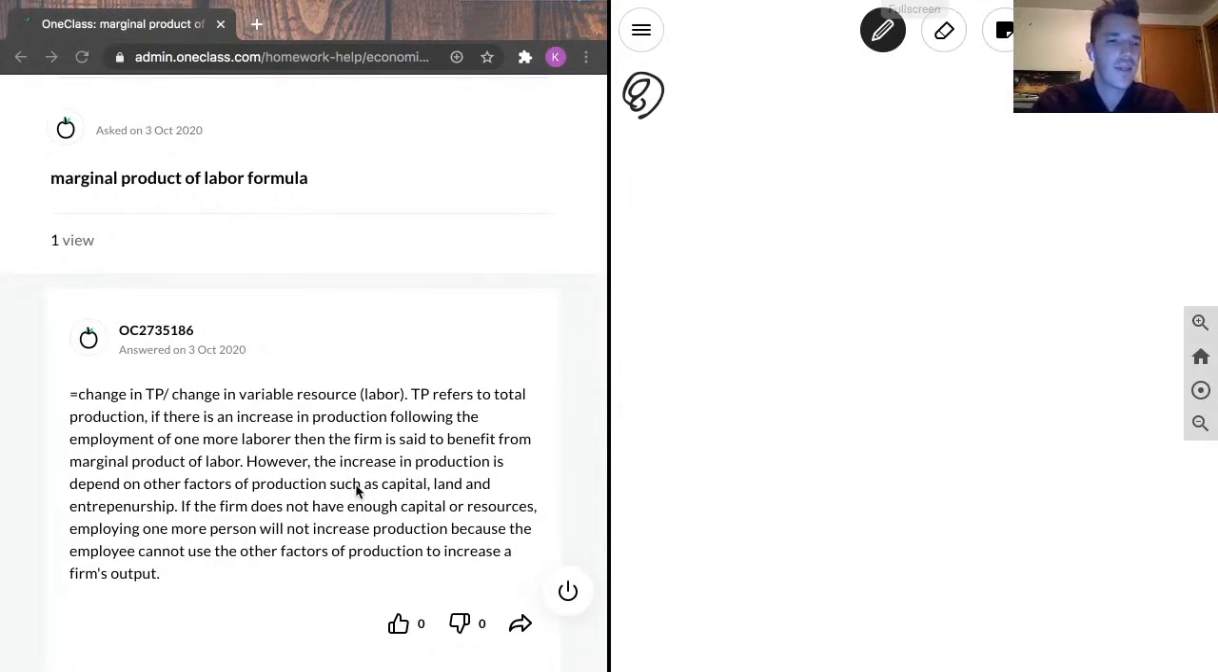here we've got our junior tutors written as the change in TP over the change in variable resource, which is labor. TP refers to total production. If there's an increase in production following the employment of one more laborer, then the firm is said to benefit from the marginal product of labor. However, the increase in production is dependent on other factors of production, such as capital, land, and entrepreneurship. If the firm does not have enough capital or resources, employing one more person will not increase production because the employee cannot use the other factors of production to increase the firm's output. What they're referring to in the latter half of this is